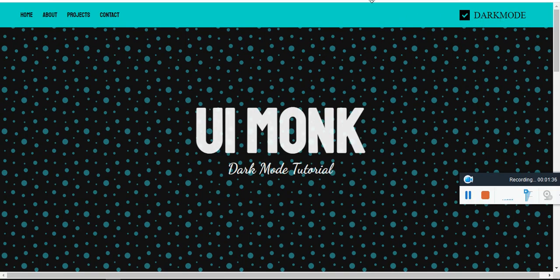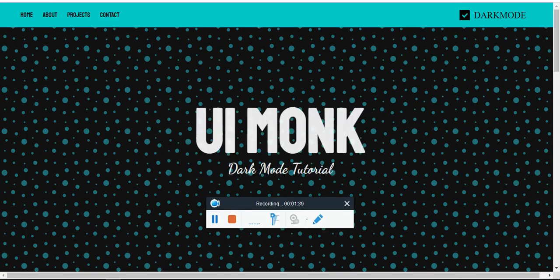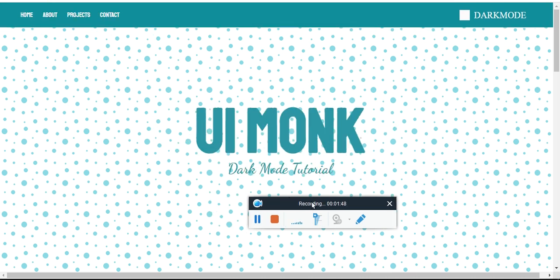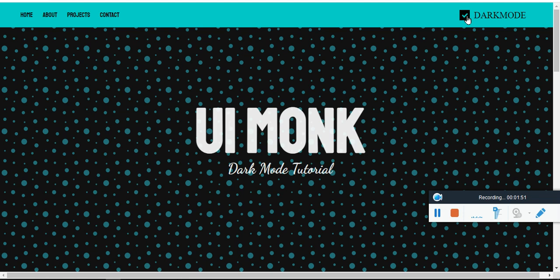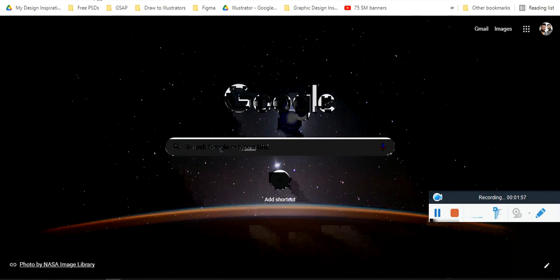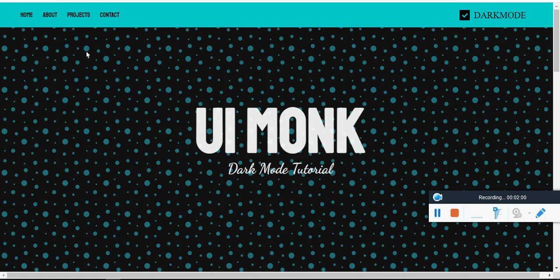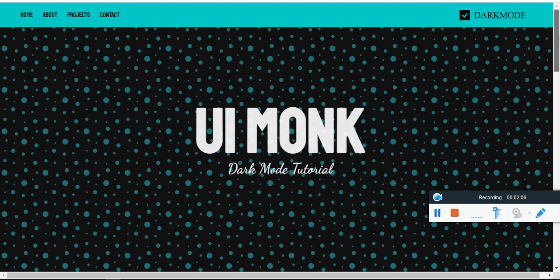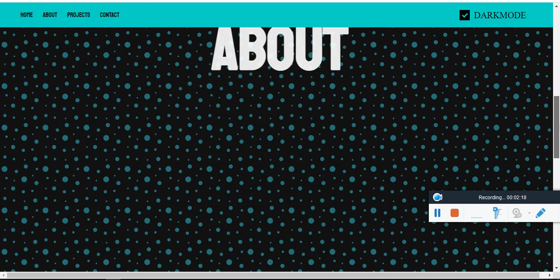So if I switch on the dark mode and if I refresh, you see the dark mode still persists. If I take out of dark mode, that means I untick the checkbox and refresh, and you can see the local storage data is still persisting. So the main goal here is we are going to see how to create dark mode, and how to store and track the dark mode value, for the user experience. This is like storing the preference of the user on the local storage, so that whenever he comes to your site, he gets his preference, like choosing dark mode, so next time it will be on dark mode. That is the thing which we are going to work on.